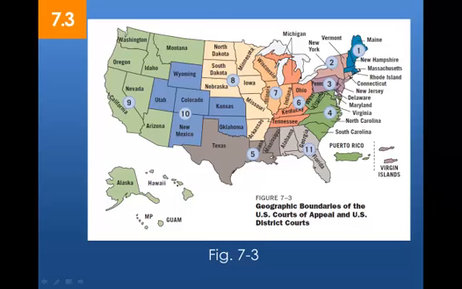There's your map of the circuits. You can see we are in the 8th Circuit, which is a number of states. Illinois is in the 7th, with just Wisconsin and Indiana. So they really vary. Now, if you go out to the 9th Circuit, look at all the states: California, Nevada, Alaska, Hawaii, Montana, Idaho. That's a huge circuit, as opposed to the 2nd Circuit and some others. So they just vary.